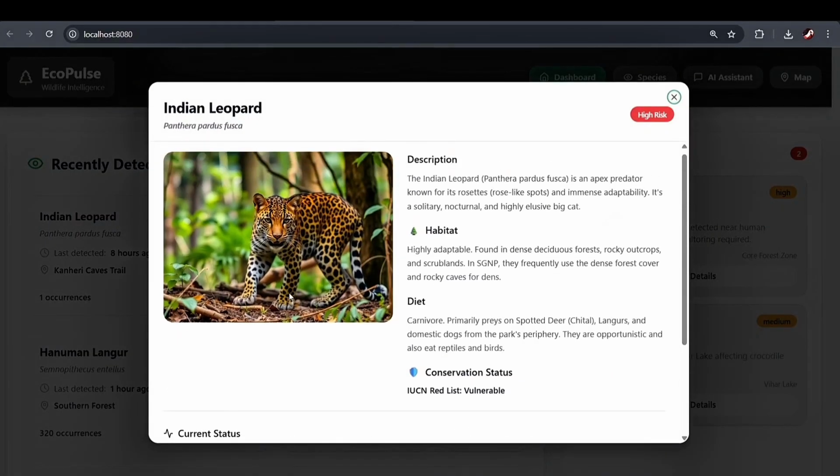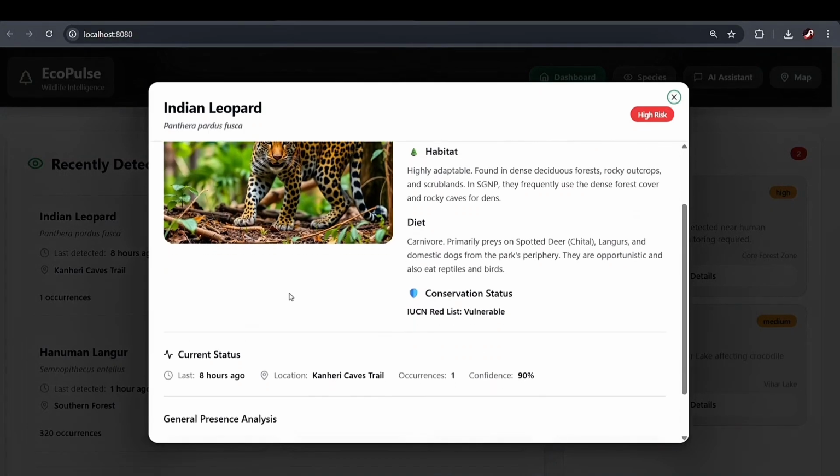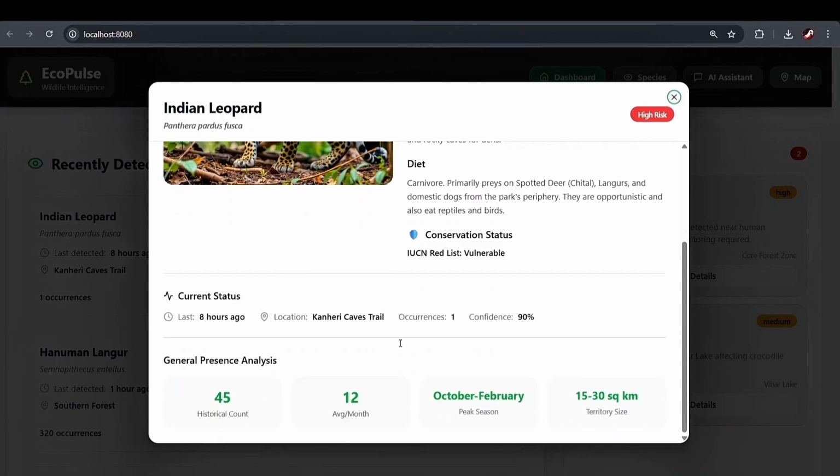It also gives a description, habitat, diet, and its status on the conservation list or the Red List, as you might know it. It also shows the occurrences of that animal with confidence score, historical count, and average per month count, so we can understand the health of the biodiversity right now. It also shows a temporal graph, of when we see this animal most of the time.